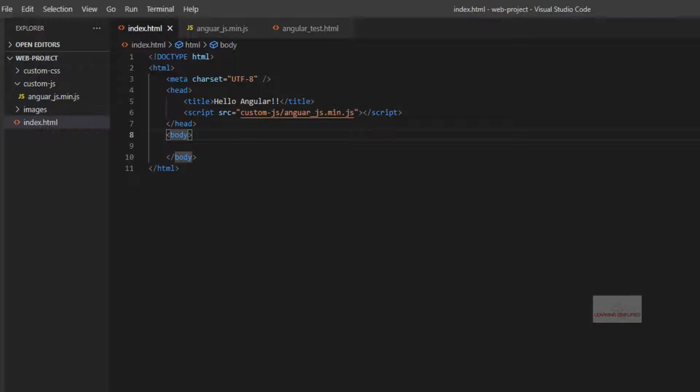So in that particular case, in the first place, all we are going to do is use something like this, ng-app. There it goes. Now you might be wondering what this ng-app is. So ng-app is a directive which is used in AngularJS. So whenever we are calling this directive right over here, all it is going to do is bootstrap AngularJS along with the project that you have created.